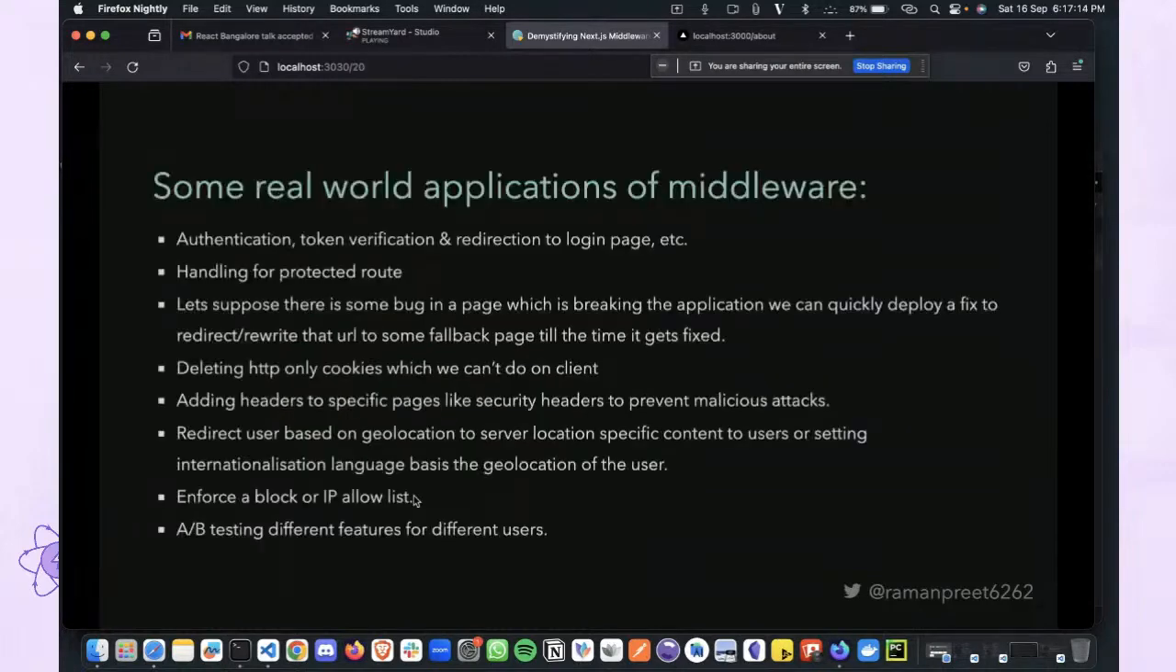Cool. So some of the use cases I've also listed are authentication, token verification, redirection to login page, and handling for protected routes. Sometimes we do that on the client side, but we can do token verification in the middleware and directly redirect and create the logic for protected routes from there only. And let's suppose there is some bug in our page which is breaking the application, we can quickly deploy a fix to redirect or rewrite that URL, delete HTTP only cookies that we can't access on the client, add headers,